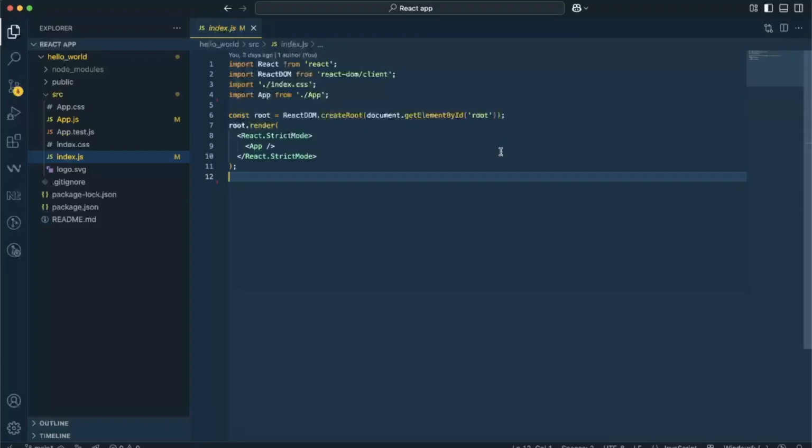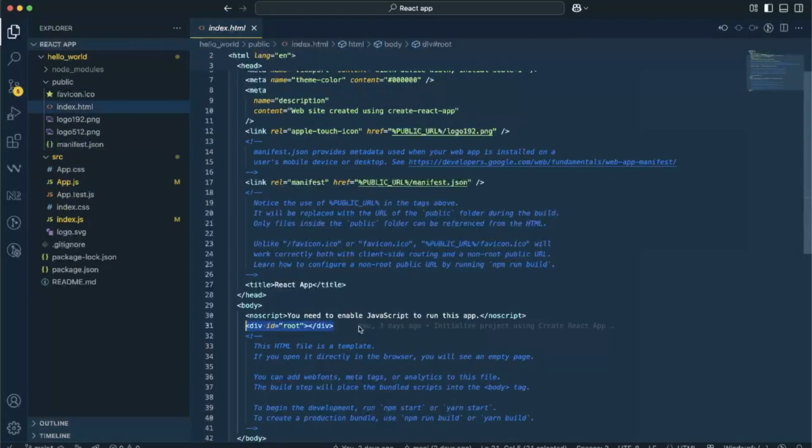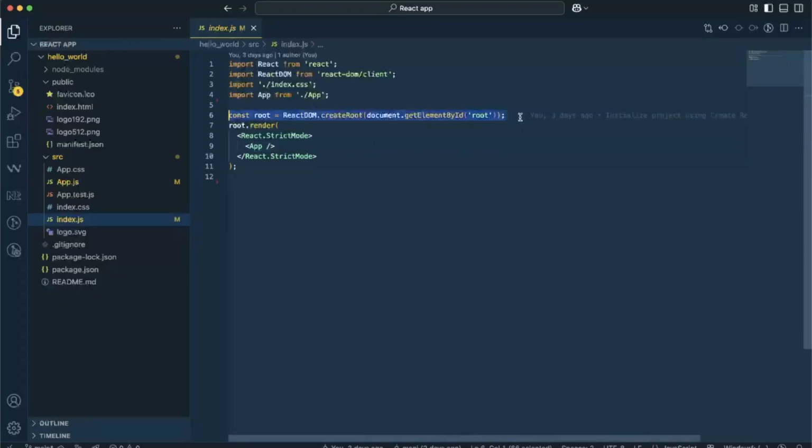The DOM element in our example is the div tag with the id root, and if you remember, we have a div in the index.html with the id root. We call this div element the root DOM node because everything inside it is controlled by React. For our Hello World application, the App component is rendered inside this DOM node.